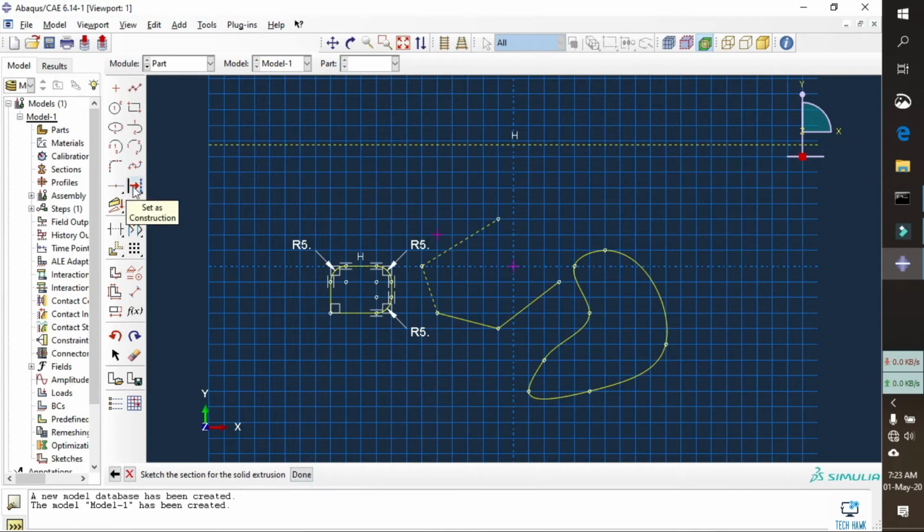And like before, click and hold here, and the second tool, unset construction, click here. If you want to convert a construction line to a normal geometry component, just click here, click done. You see, it has been unset. Okay,